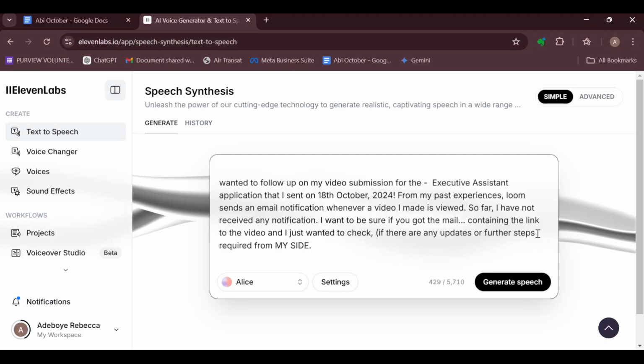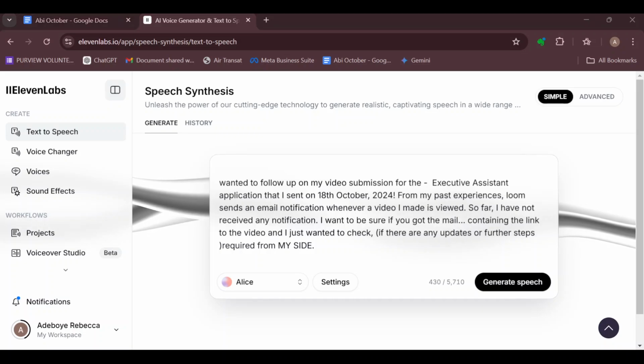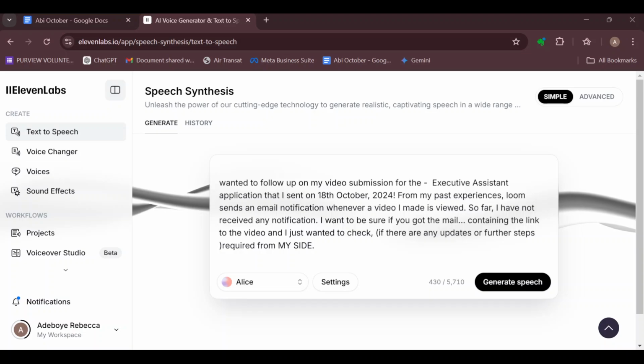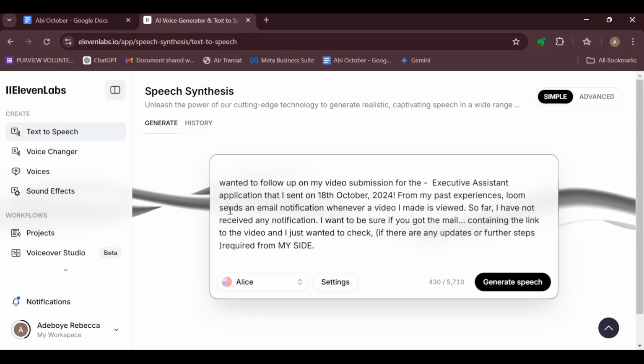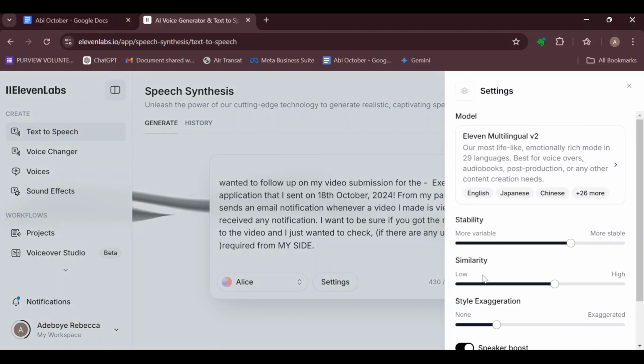Okay, so another thing that you can do in order for you to emphasize certain words in your Elevenlabs is to capitalize words and then adjust settings. So how do you adjust the settings? Move to the settings option, click on settings, move to the right side of the settings page, and then reduce